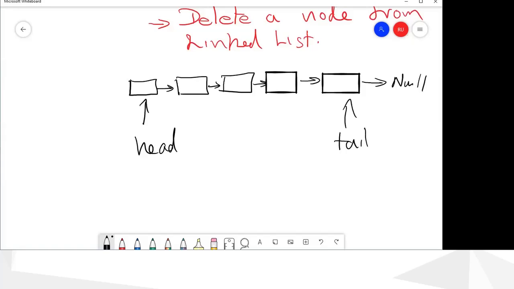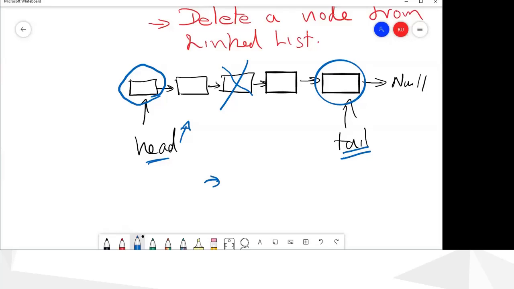You can see that deleting a node also has several cases. The first one is deleting the head node, because if you delete the head node, you have to change this pointer. If you are deleting the last one, you have to change the tail pointer, and if you are deleting a middle one, you don't want to change anything.